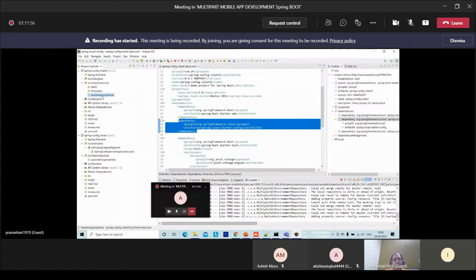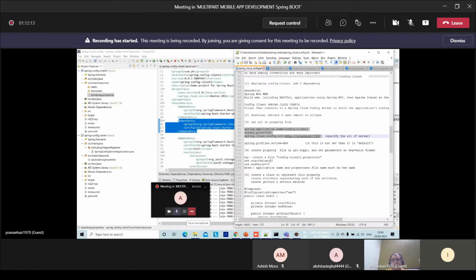Now it is advisable that initially the name will be bootstrap property, but keep it application.properties itself. Don't change it. I have written in the steps, you go and add these lines into application.properties.